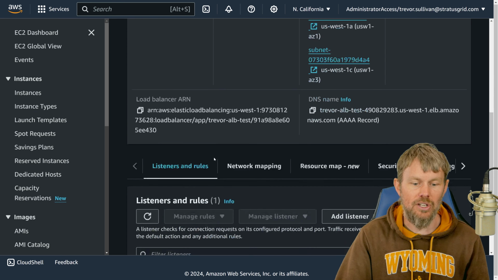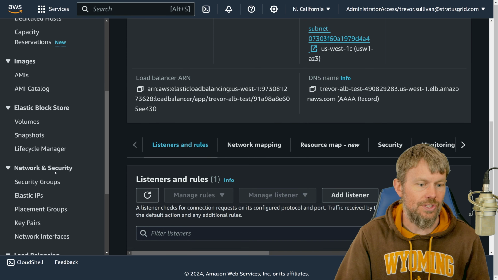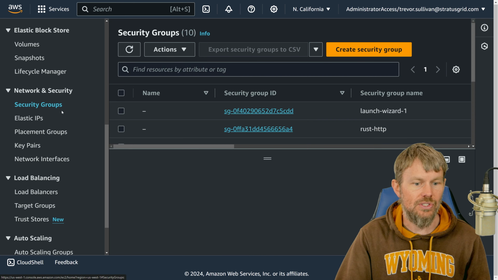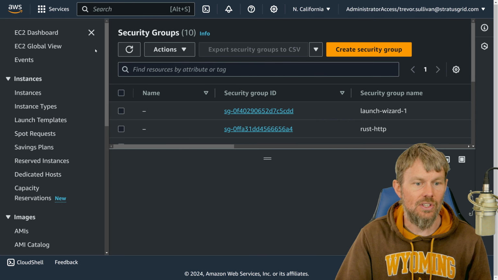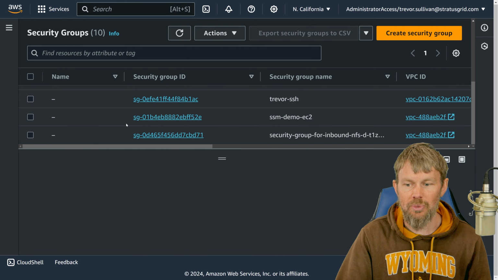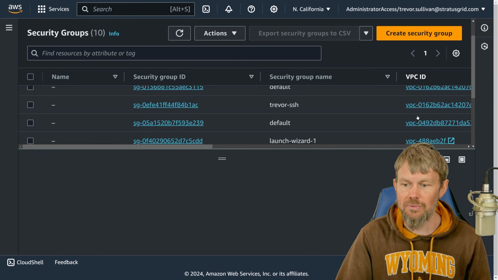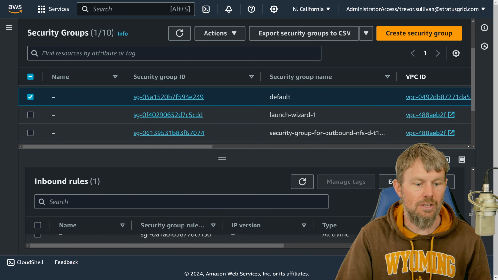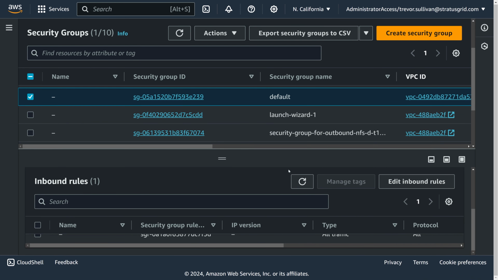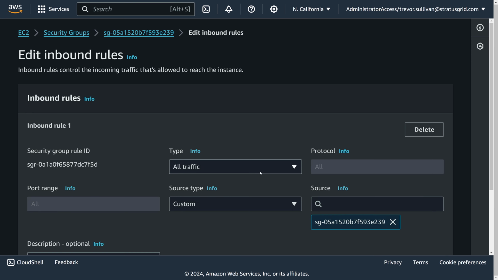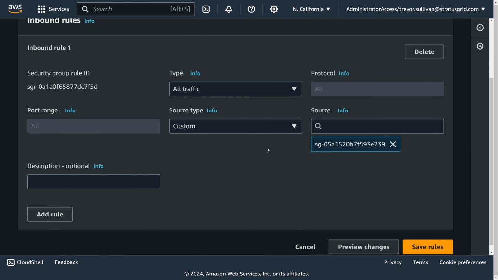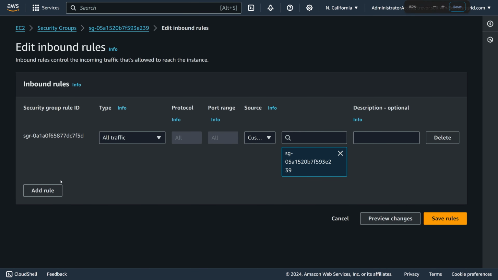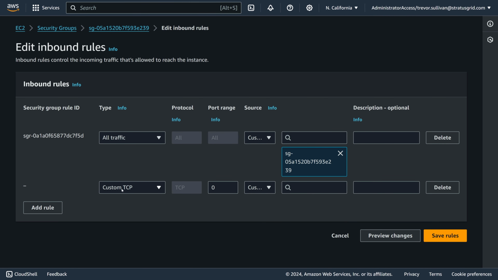But the other thing that I'm going to do is to actually check out the VPC security group so that we have access to the ALB. So what I want to do is go down to my VPC and find the VPC ID with 049. I want to go to inbound rules here. And what I want to do is make sure that I add a new inbound rule that allows IPv6 clients to access it. So what we'll do right in here is just say add rule,